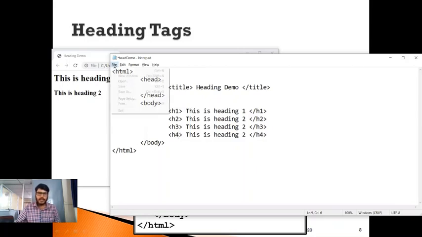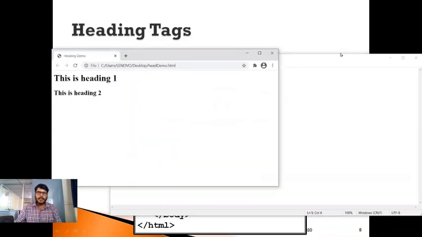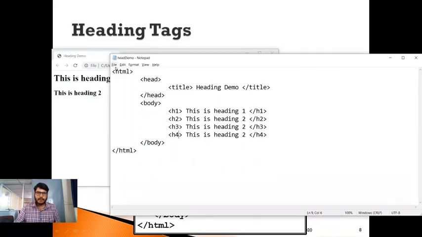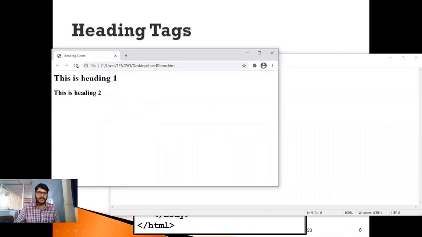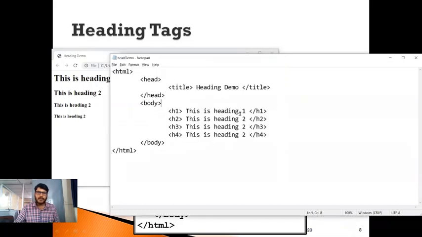So now let me click on save once again. If I do not save this one, the changes will not appear in the web page. So every time I make changes here, I should save this file so that it is reflected in the main document, as you can see here. Okay, so I need to change this one also. So this one, heading 3 and heading 4.